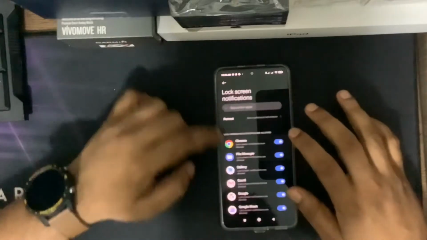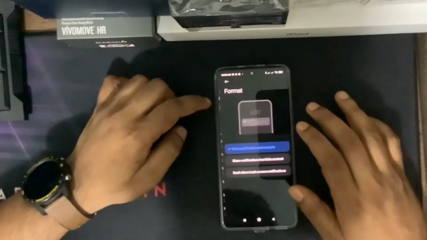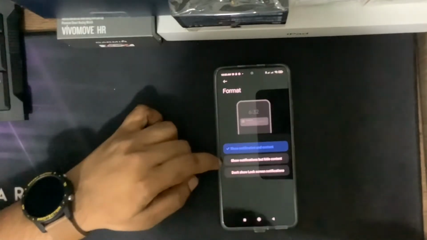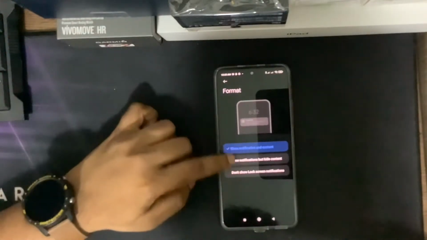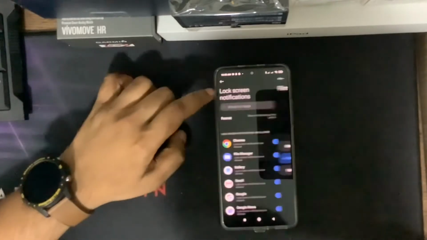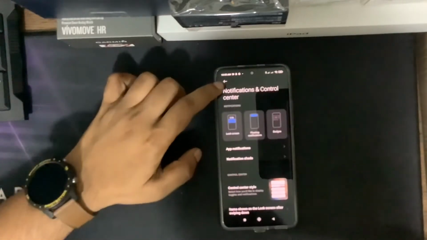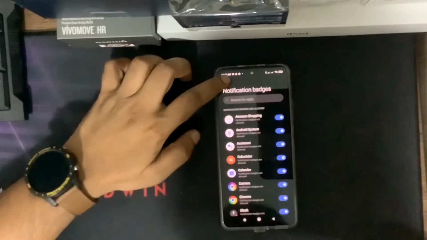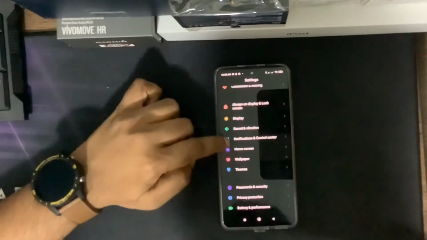Oh, there's so many. You can see show notification content, don't show. I prefer show notification but hide content. Floating notifications, fine. Badges, fine. We can change all that there.